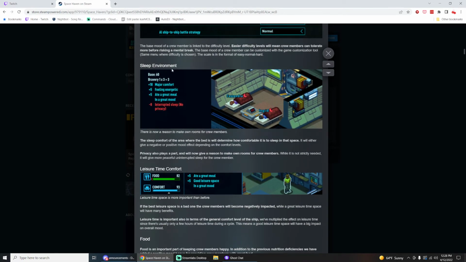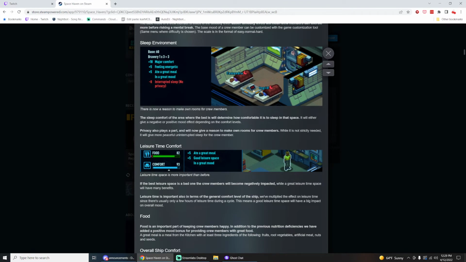The sleep environment, a new thing that's pretty significant, I think, is the fact that the crew members now want privacy. So you can't just jam all the beds in one room anymore. People will get a little bit of a debuff for that because their sleep gets interrupted, presumably by other crew members getting up and going to the bathroom or whatever during the night. So you want to have individual crew quarters, and you also want to have crew quarters where the beds are paired up because the crew members can now have long-term lovers that they might want to share a room with,